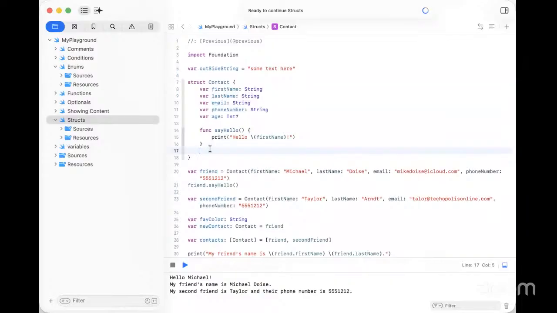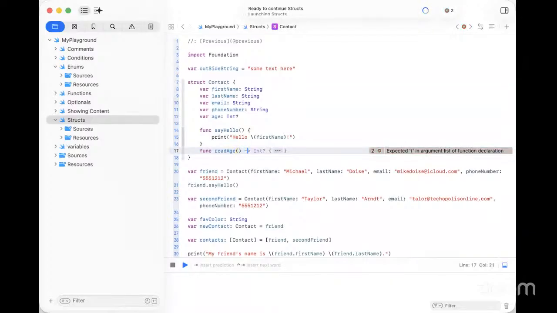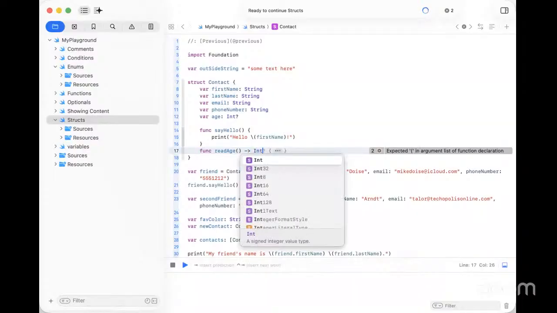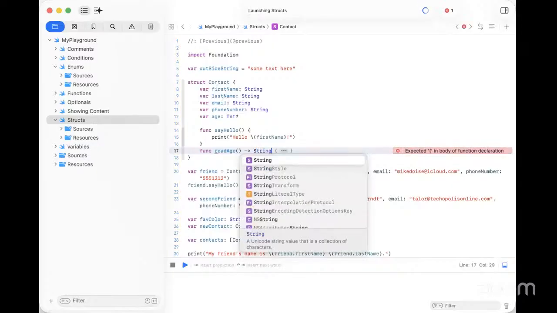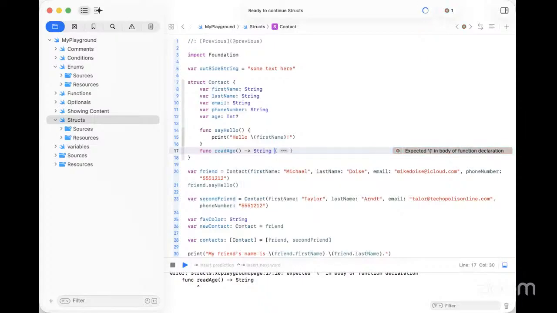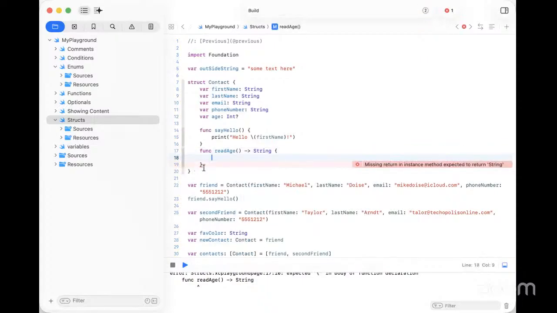So we're going to do func readAge, left parentheses, right parentheses, arrow Int. With a capital, we're going to return a string, and then we're going to do a left brace, and we're going to write return,